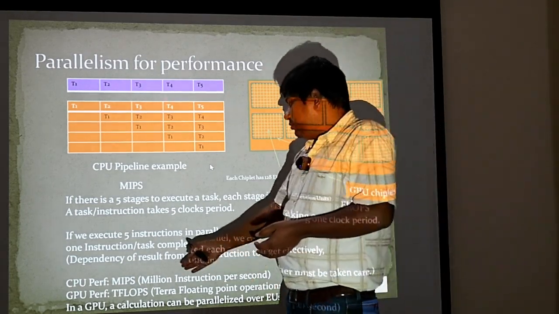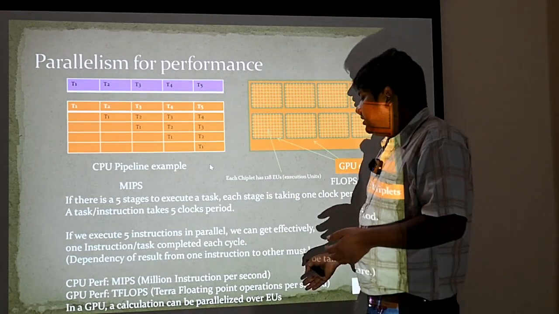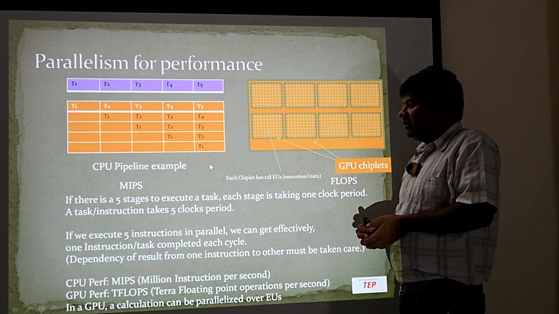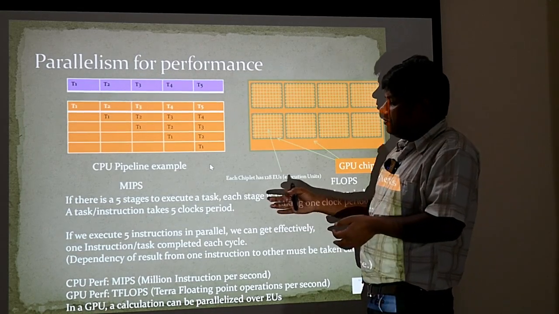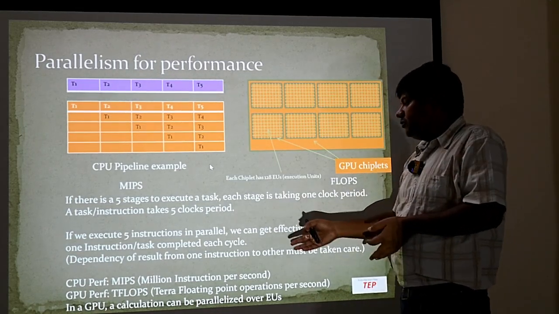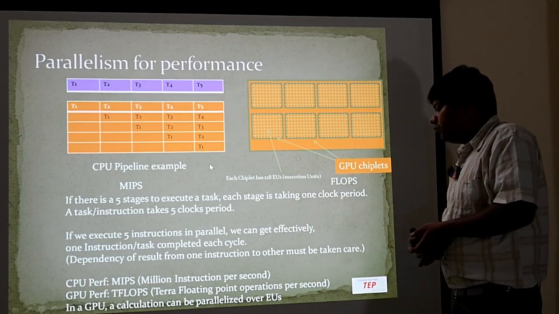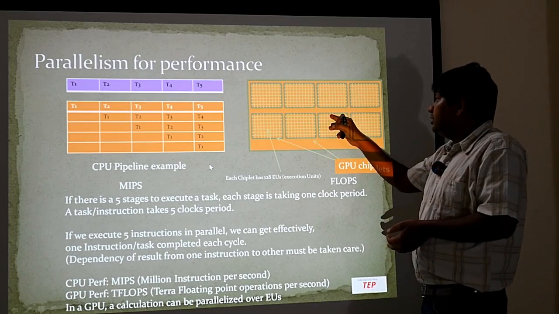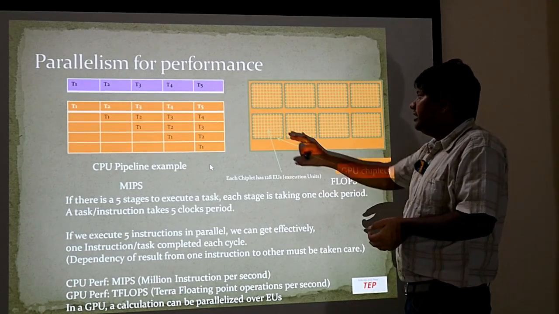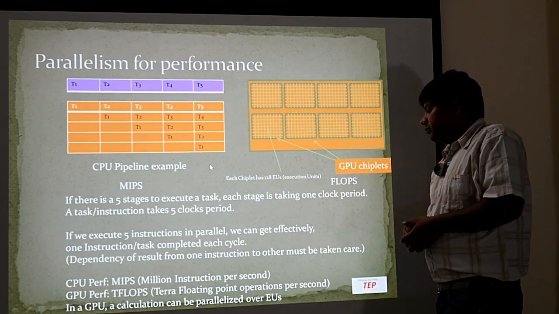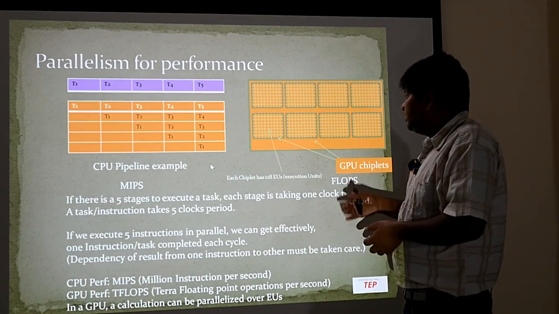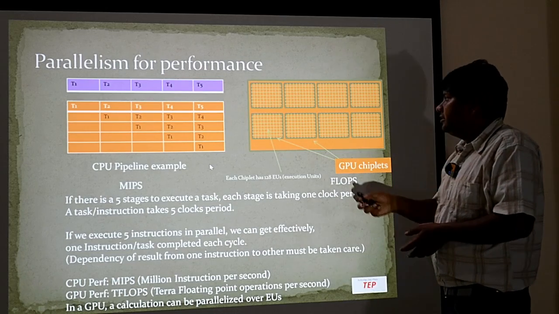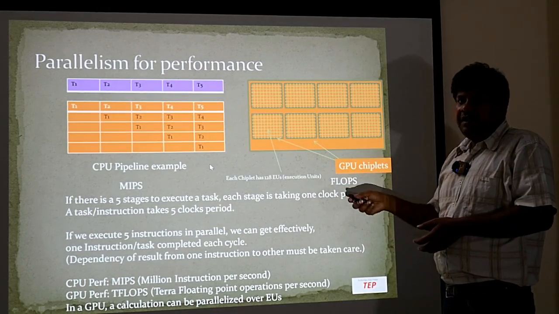I gave her some terms like MIPS, million instructions per second. This is how in the industry we denote the performance terms for the CPU or GPU. Like in GPU there are teraflops, the flop is floating point operations per second. So let's assume every small square is an execution unit, and these are arrays of execution units. So how many operations are happening? These are terms in which we measure the performance, and these are the techniques through which we enhance the